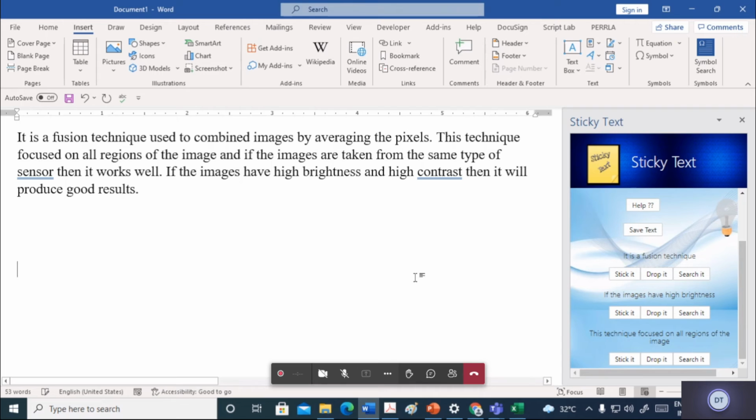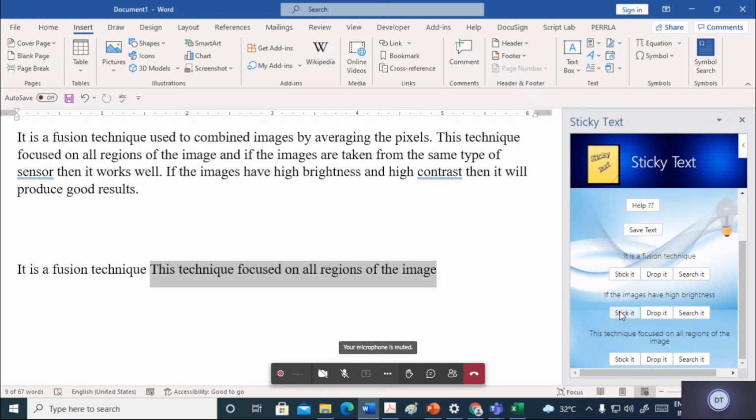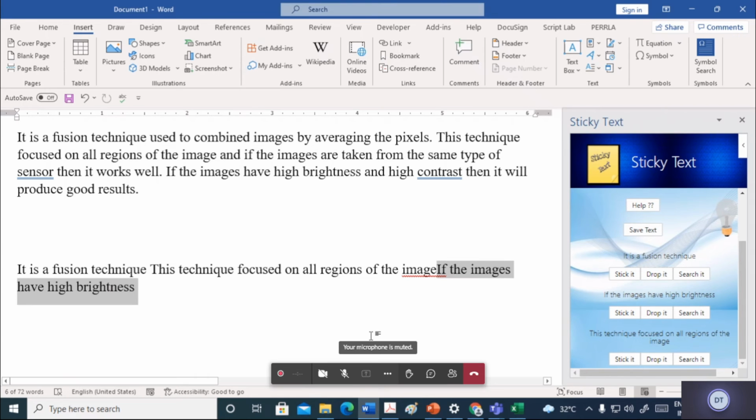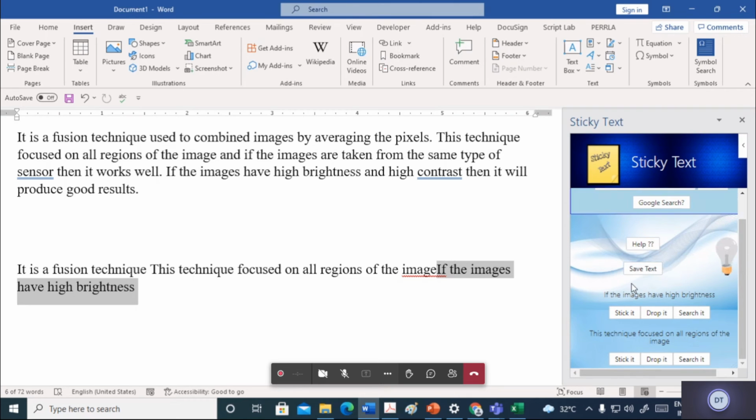Now as many times as I want to put it, I'll just stick it. The first one, the third one, once again the first one. So now I have the advantage of multiple buffers, meaning you can copy and put values in different buffers. It also has drop it; if you click on drop it, it will be removed.